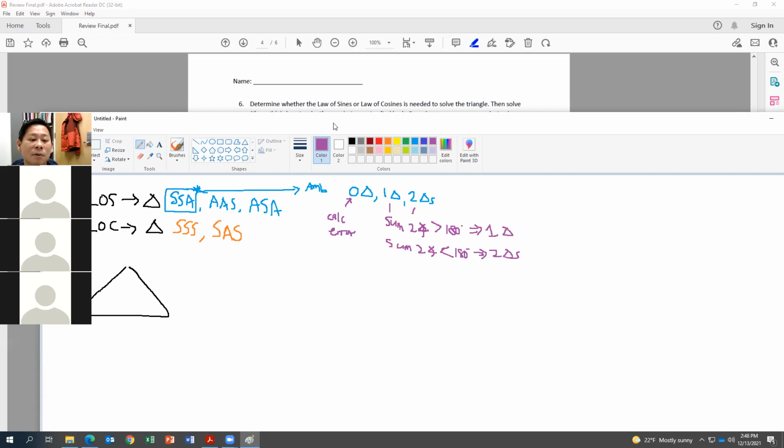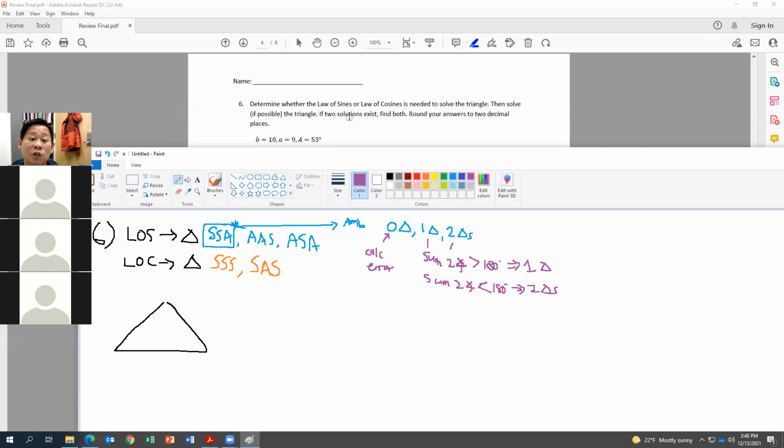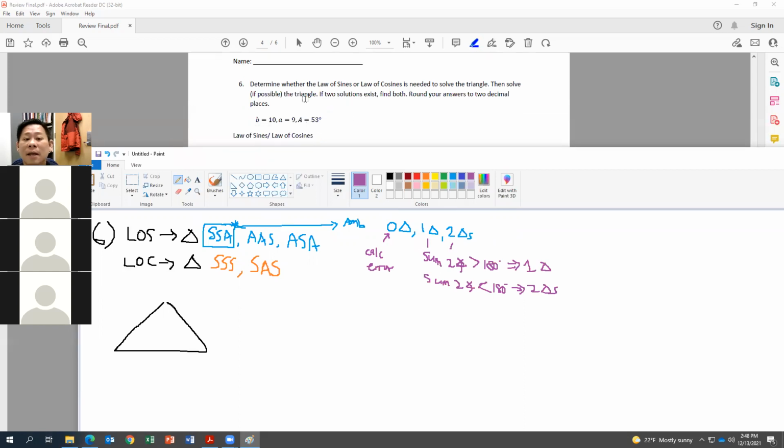So I want you guys to go ahead and draw your pictures here. First you have to tell me what law to use, and after that, solve the triangles. If there are 2 solutions, it means 2 triangles exist. You have to find both of the triangles. So anyone know how to